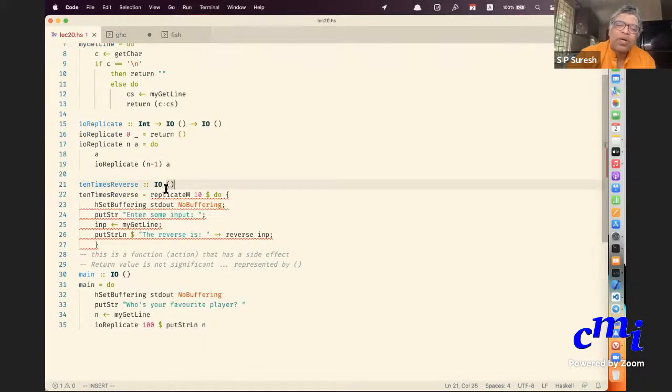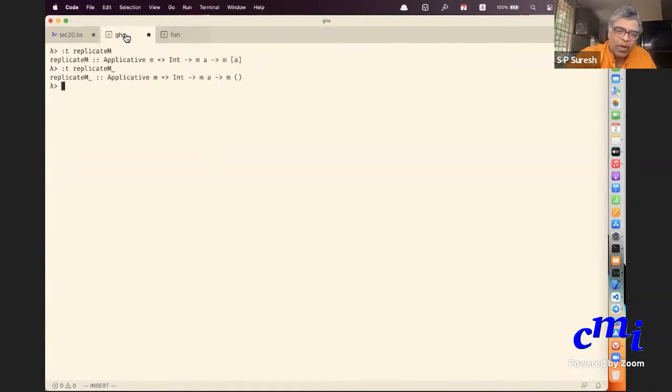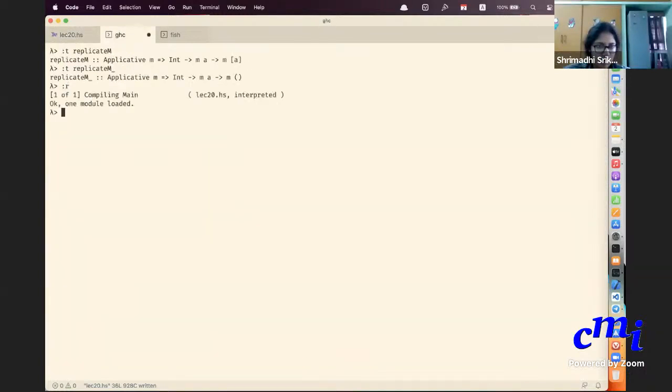Why? Because it is saying IO unit. If I erase this, then I'll know what the type is. It will suggest a type. See, it is IO list unit. Okay, and if I save this, and do this thing ten times.